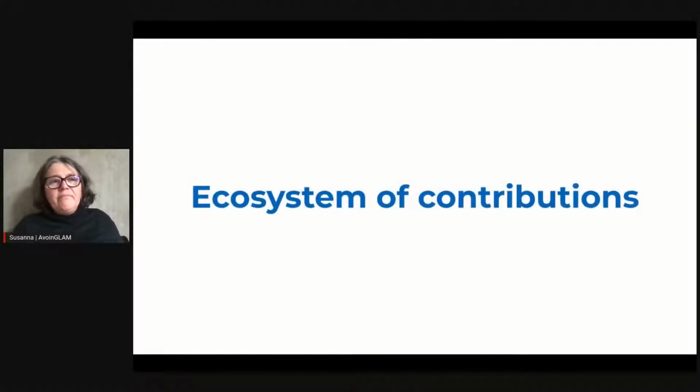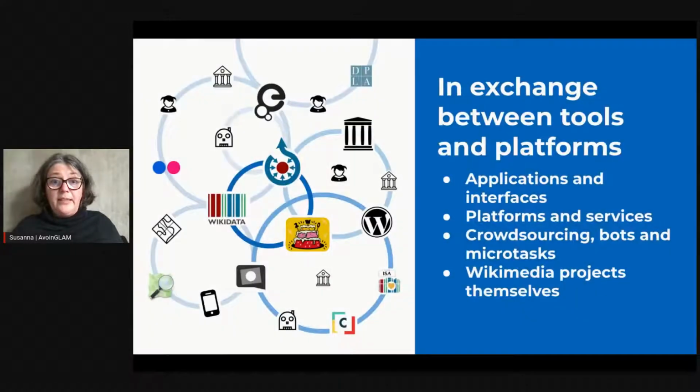And then I probably already addressed this a little. So we are not talking about this circle really, like from institution to Wikimedia and from Wikimedia back. We are probably talking about something like this. So there are tools, applications, interfaces, platform services that all do different kinds of things. They exchange information with each other, with some other platforms, and